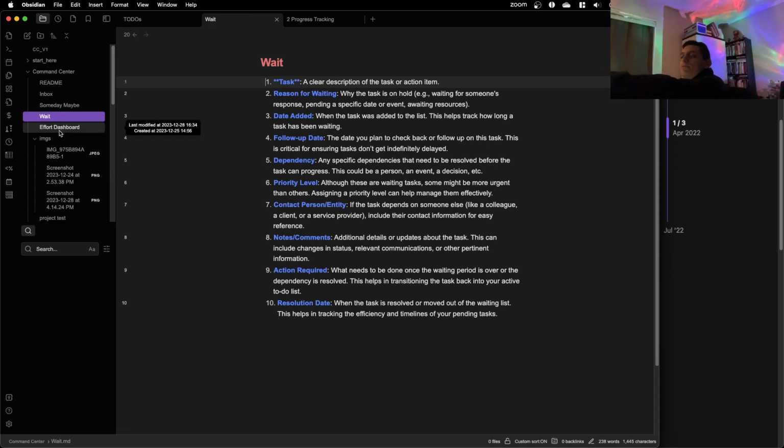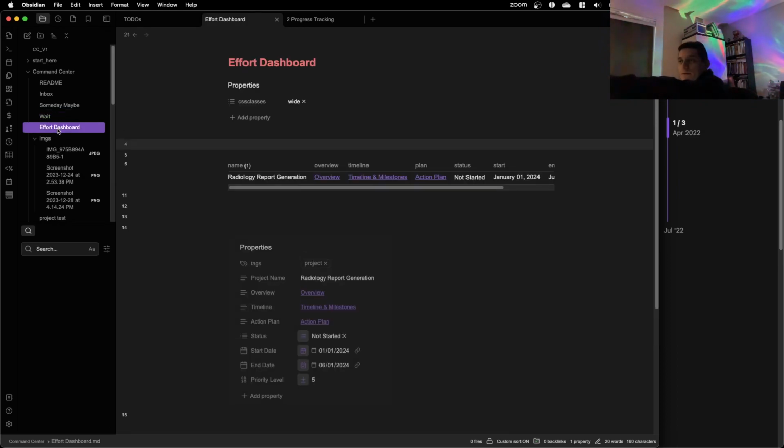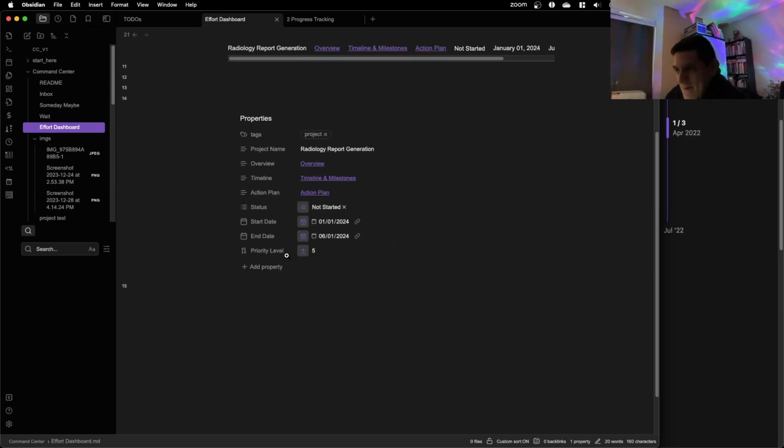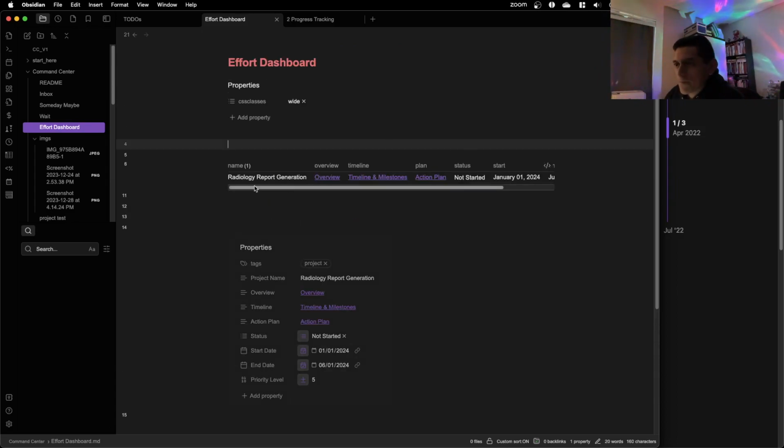So if I measure it with my hand, and we go to here, I mean, it's slightly wider. I mean, okay, full page.